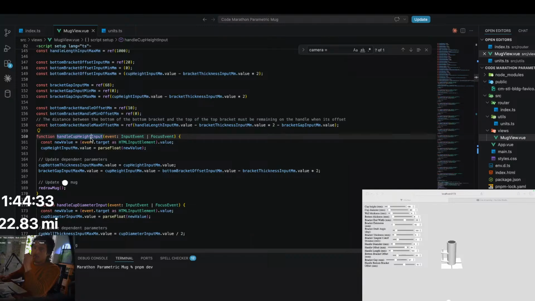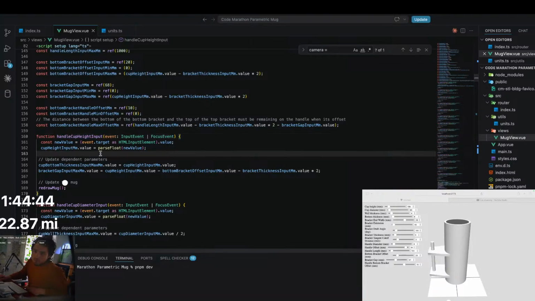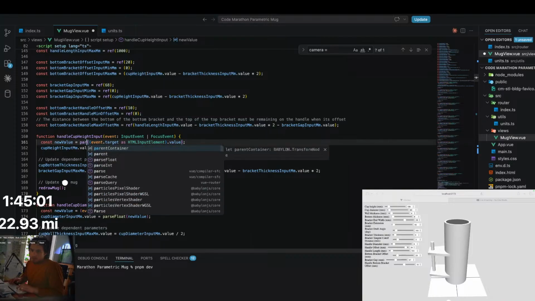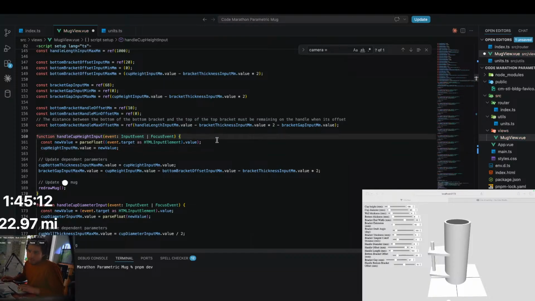So let's do that. Let's go into the cup height. Let's say the cup height can't go below the top of the handle, or the top of this bracket. So we would constrain it here. We would say new value, so we should parse the new value into a float here, because we're going to check to see if it's valid. That's annoying. We already copy and pasted everything, but